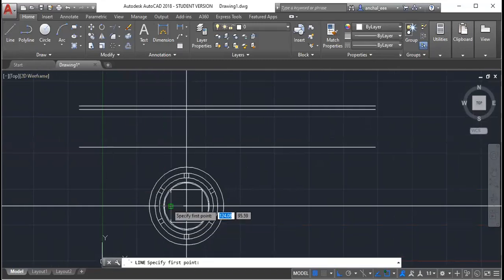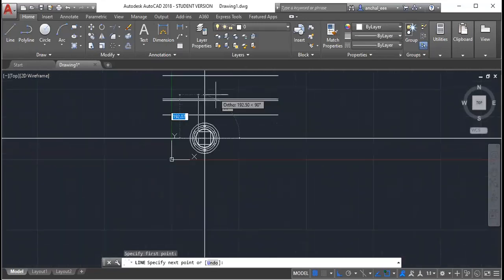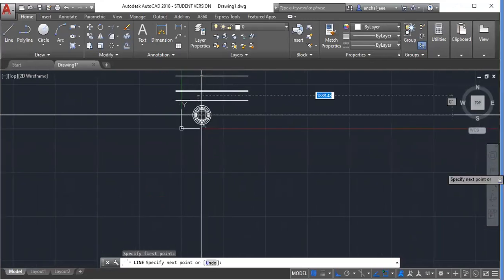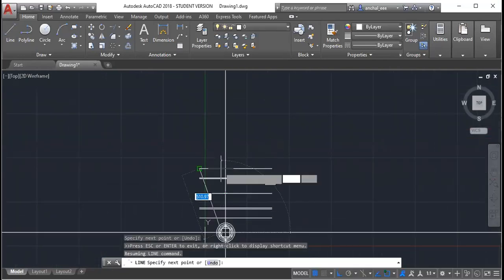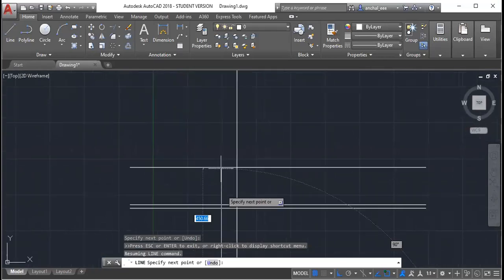Keep your ortho mode on. From the core, go till the insulation.